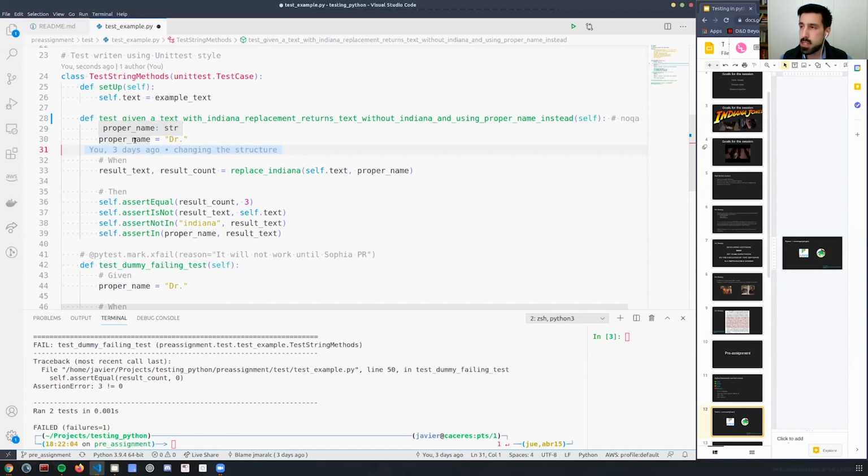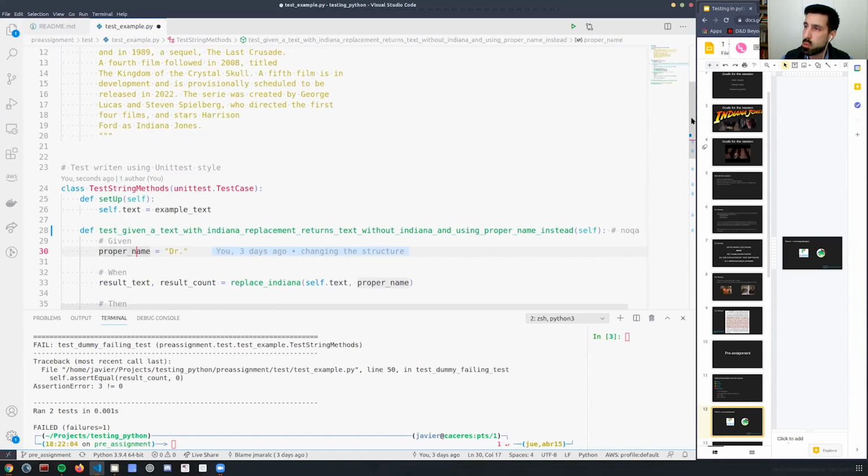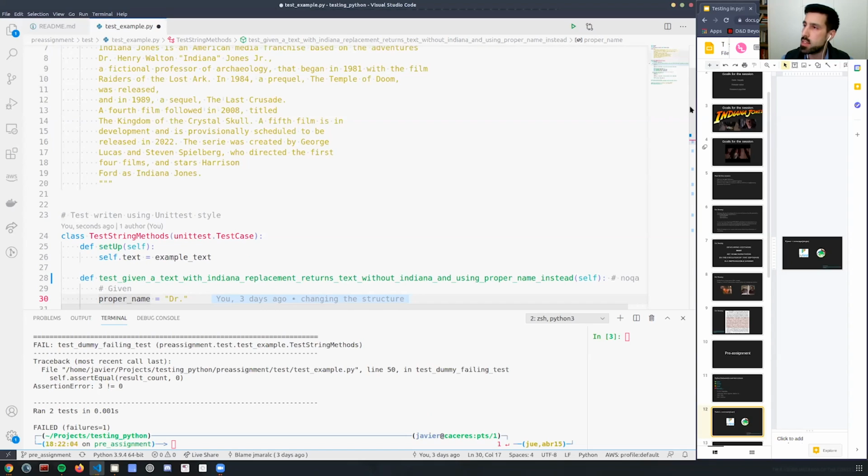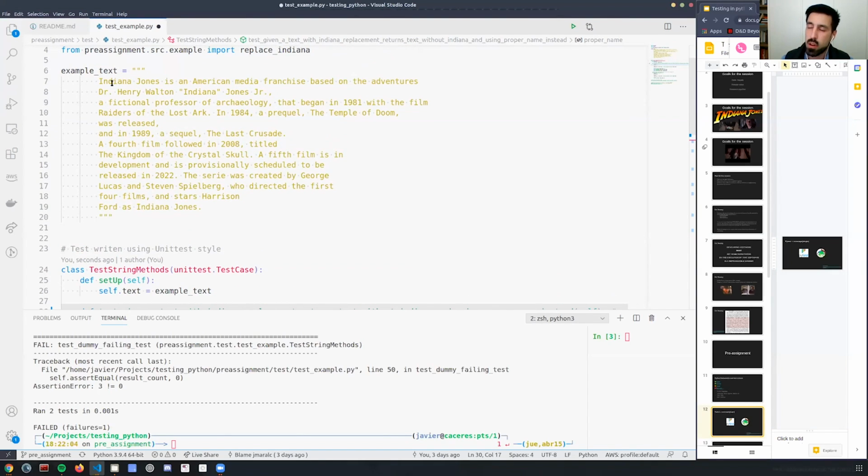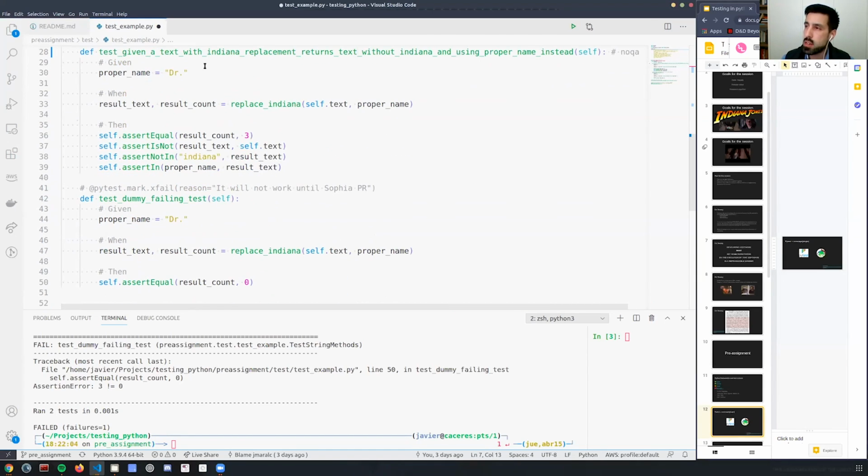In this case, we will use proper name doctor as before. We will use this code and this piece of text from Wikipedia. As you can see, we look for Indiana. There are 3 Indiana in the text. Okay, so this will be this test, and when we execute the function that we want to test, we have